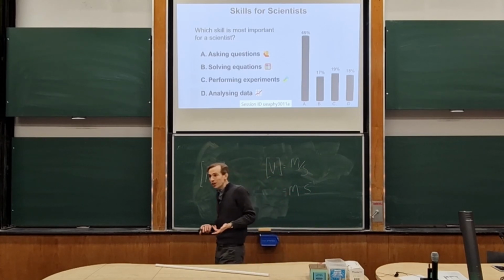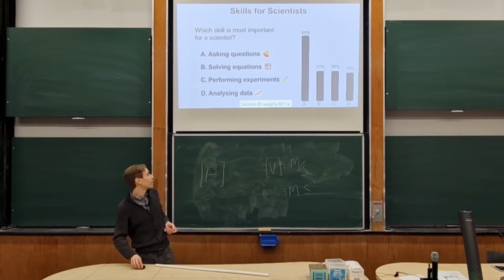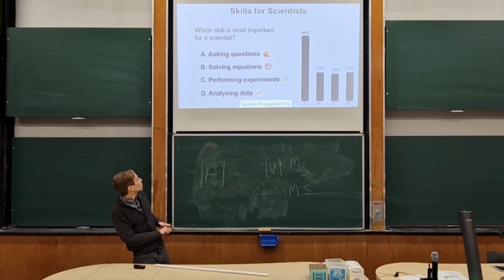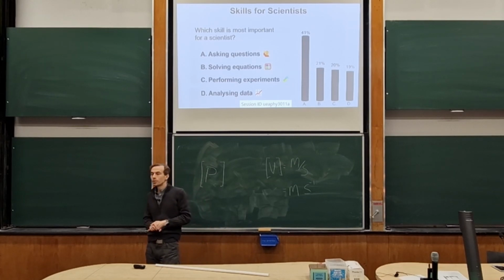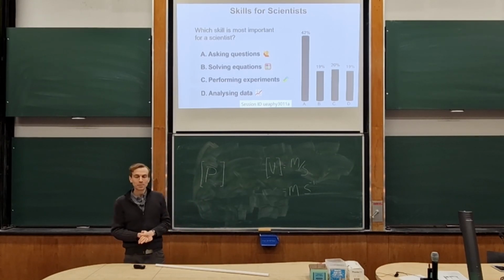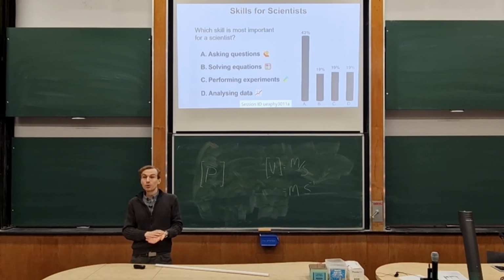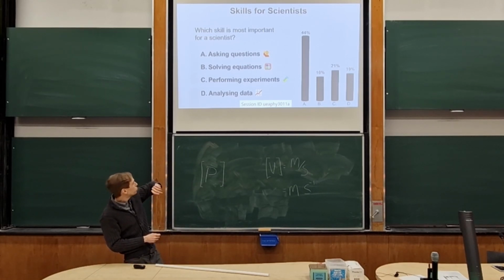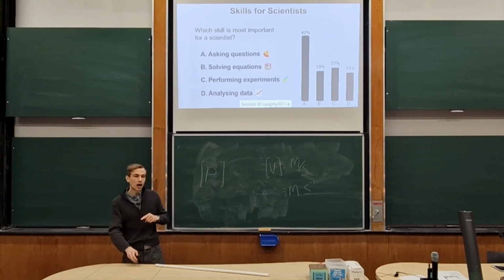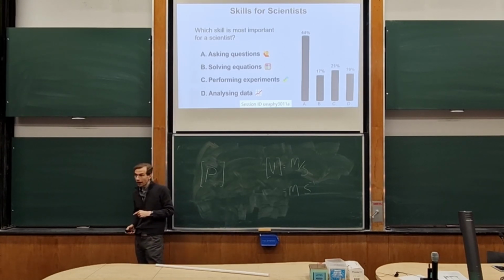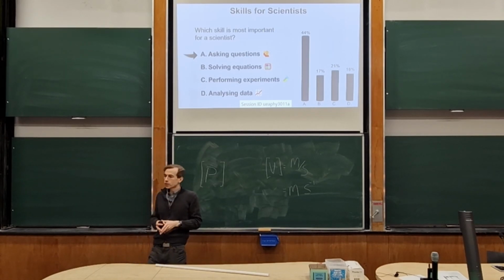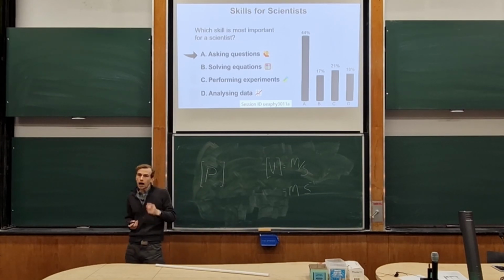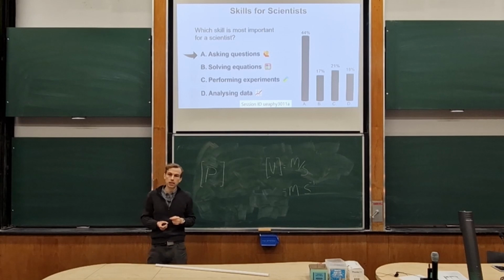Okay, it looks like we do have a clear winner here. Most people are going for A. Maybe we'll have a few more going in, but it looks like we're pretty evenly split between B, C, and D. So thank you all who put an answer in. I'm very curious to see that most people think asking questions, because I would 100% agree with that. All of these other things are important skills for scientists. But if you ask me, I'd say the single most important skill for a scientist really is asking questions,